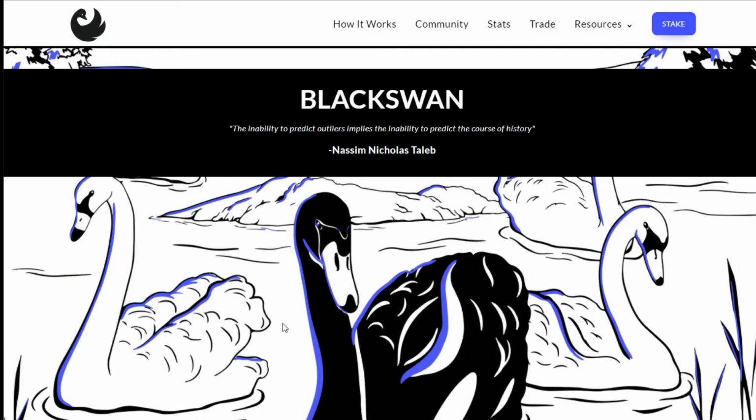Blackswan is the first anti-fragile cryptocurrency with the goal of allowing investors access to an uncorrelated hedge to cryptocurrency markets